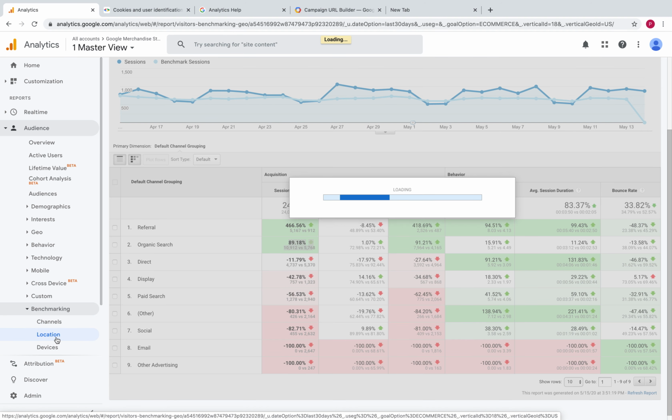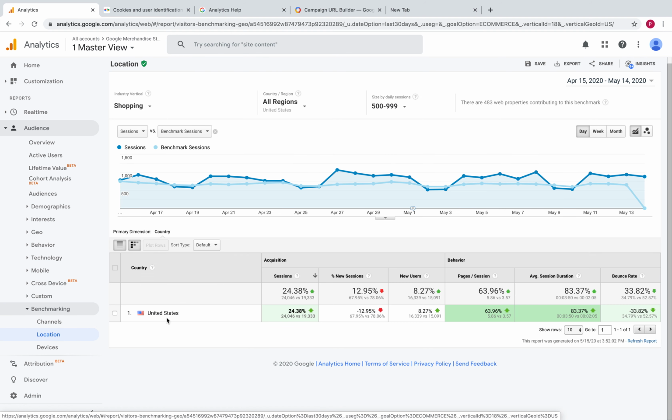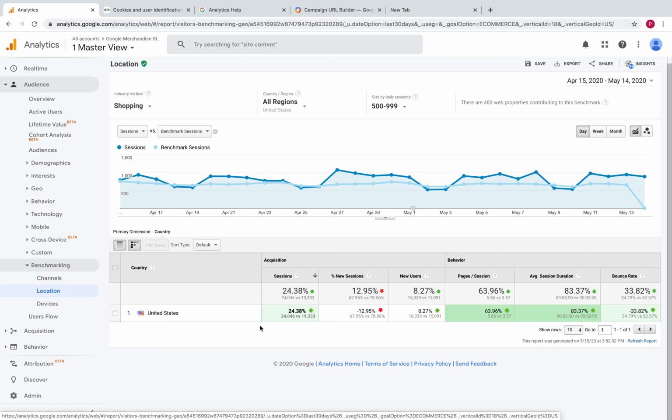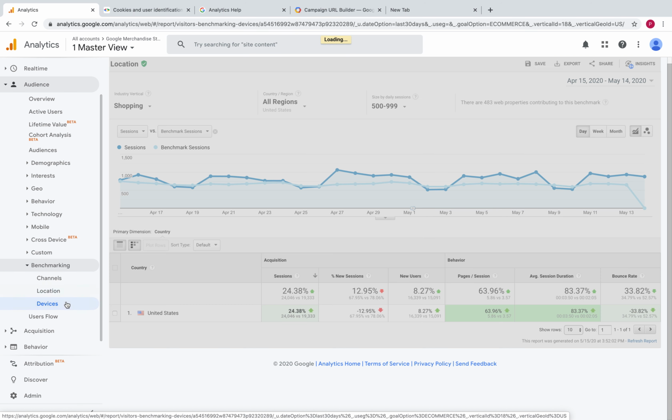Location is basically the same report, but benchmarked across the location. So on average, I'm getting more sessions than other websites of this size, but fewer new sessions. So these other websites are better at attracting more new users. I know for sure that they do more advertising from the channels reports that I just looked at. And then last but not least, the devices one,